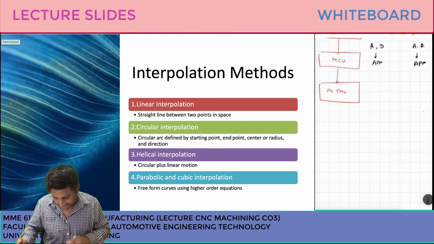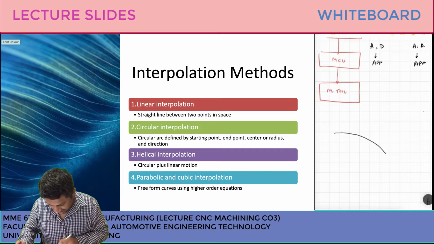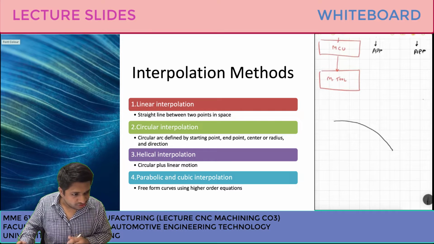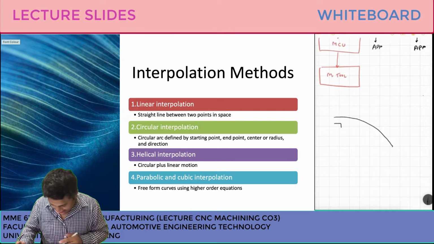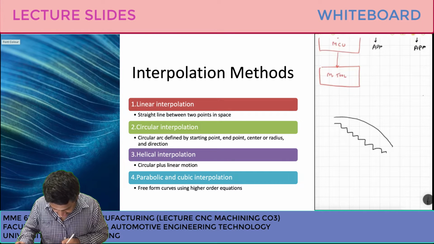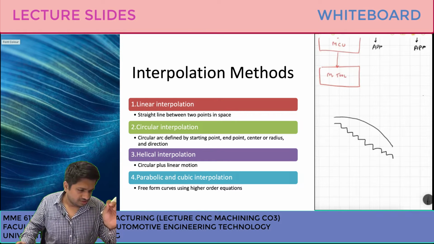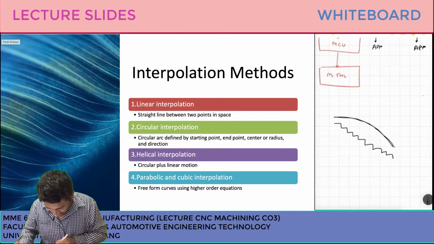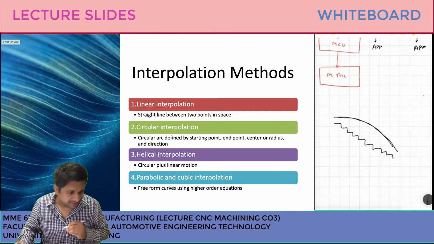Because a machine can never do an exact curve. If you zoom in or zoom out, you will see that this curve is basically a series of polygons or a series of straight lines, but they are so small and so minute that when you look with the naked eye, or when you feel them, it becomes almost an instant curve. It looks like that.